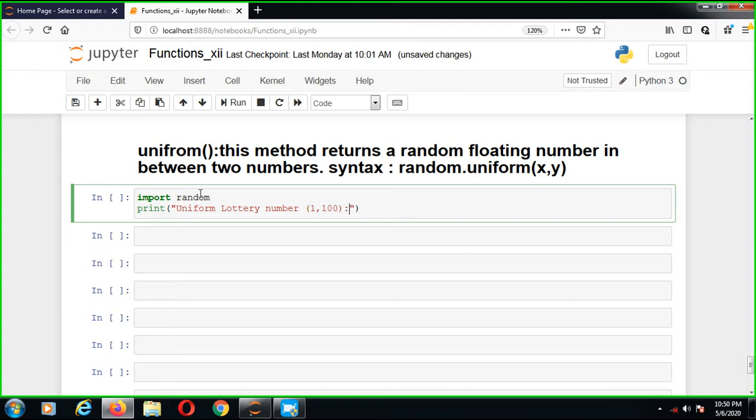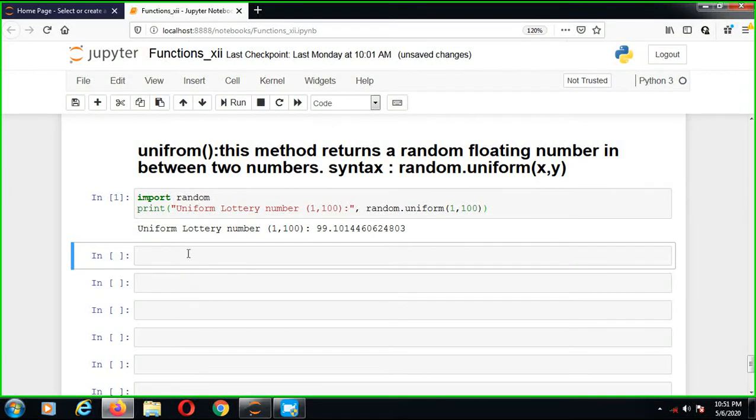So we write random.uniform(1, 100). So this is the random number. Just execute. You can see that the lottery number is 99.10. Okay, so this is the random number.